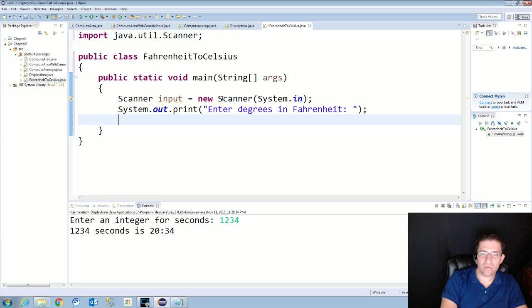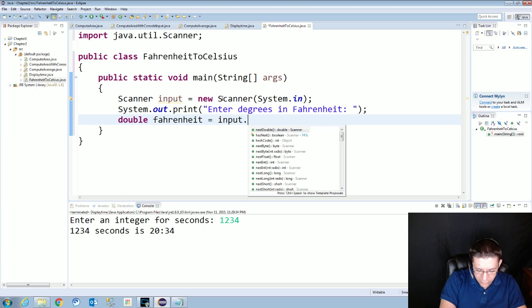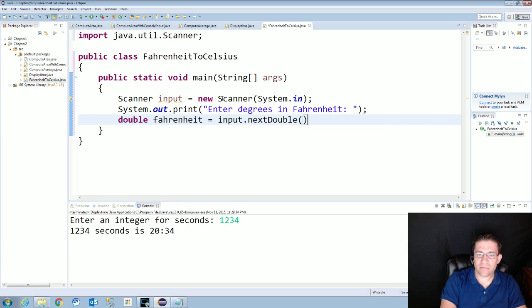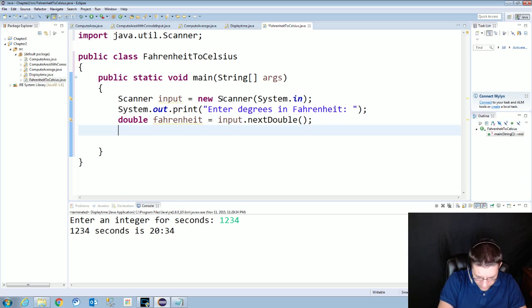Wait, initialized. Okay. Double Fahrenheit equals input dot next double. Oh, I forgot my semicolon. There we go. Then we're going to say double Celsius equals